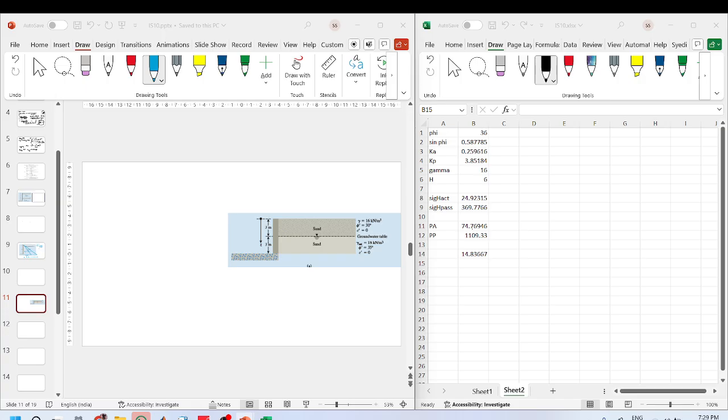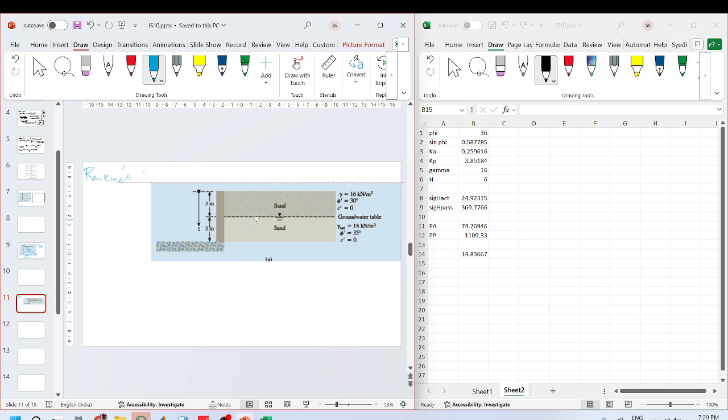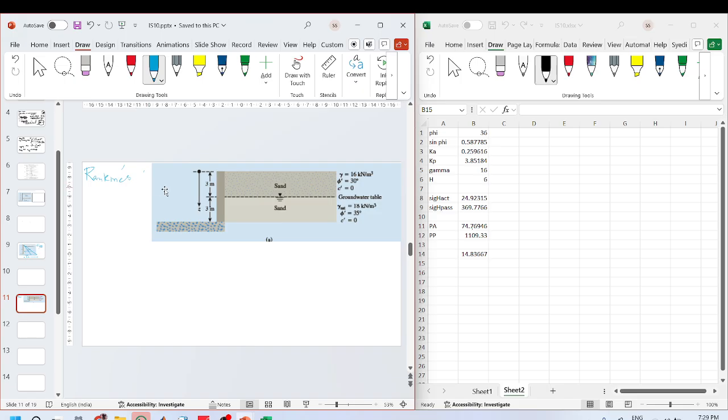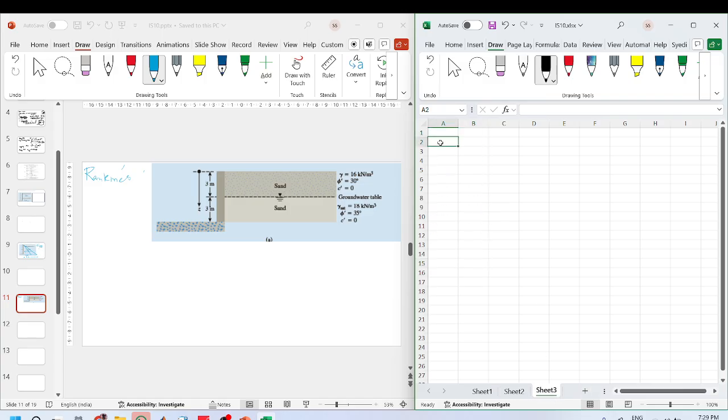What we need to calculate is Rankine's active and passive pressure. Madam, can you increase the size of the picture? Yeah, madam. Sand phi is different. What we will do is